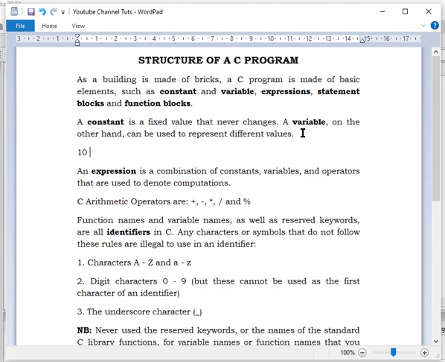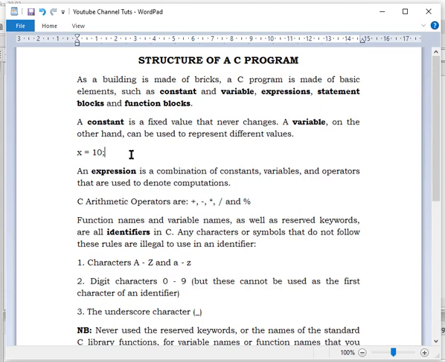All right. Now there's another thing called variables. A variable, on the other hand, can be used to represent different values. For example, we can name our variable x, equal to, and then give it a value, for example a constant of 10. That means anytime I call x, I'm calling 10. We say we are assigning 10 to x, okay? So anytime we call x in our code, it means we're calling 10,